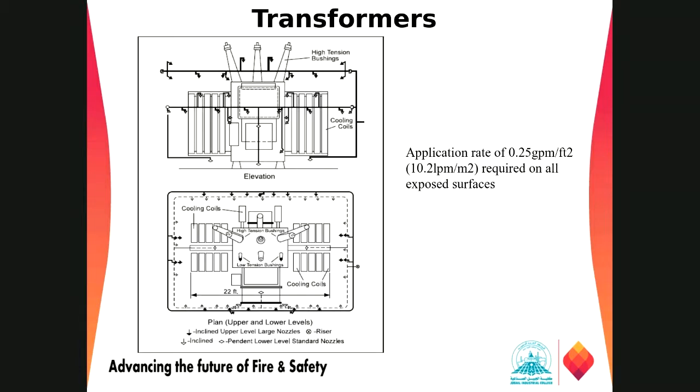Then moving on to the transformers, right? In the application for the transformer we have 0.25 GPM per square feet. Normally, large oil-filled transformers are typically installed where they are separated from process equipment, building structures or other transformers by distance or masonry walls. We don't need a water spray system for those areas. But if there are a number of transformers located nearby, or they are near some process areas, we have to be careful regarding the exposure protection, because these are oil-filled transformers and we have to protect them from exposure.